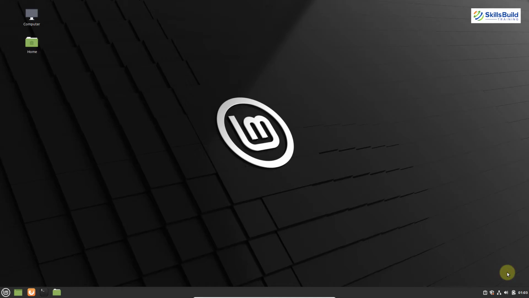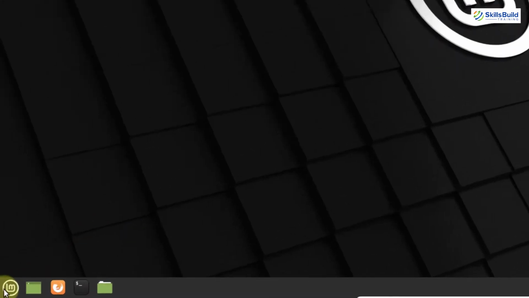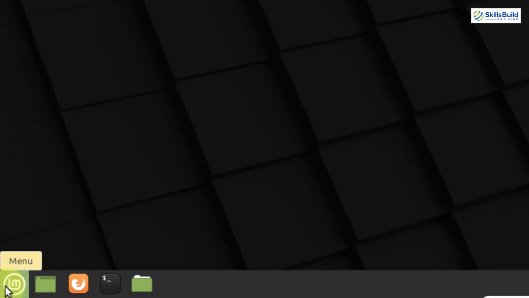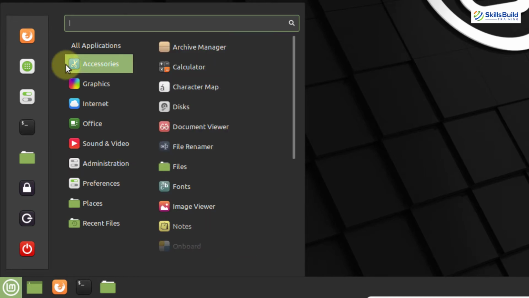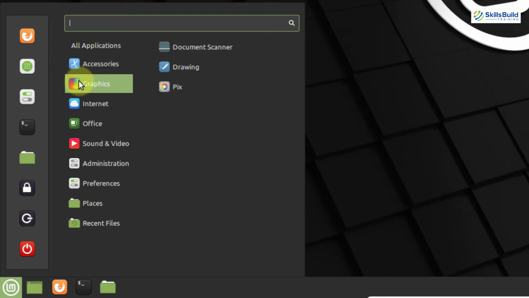Well, as you can see in front of you at the moment, I am using Linux Mint Cinnamon Edition. Cinnamon Desktop was developed by the Linux Mint team, and clearly it is the flagship edition of Linux Mint. They say Cinnamon is the most modern, innovative and full-featured desktop. Here you can see the user interface of Cinnamon, and if I go to my application menu button, we have different applications and a very nice and sleek look, because we only have the icons, and in front of the icons we have the names of those applications.